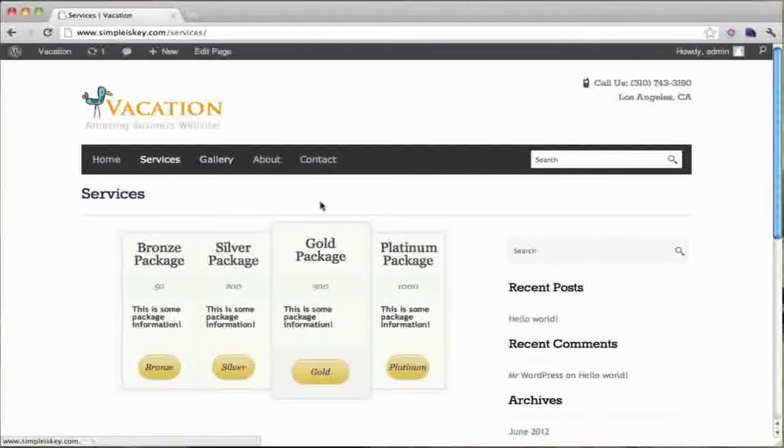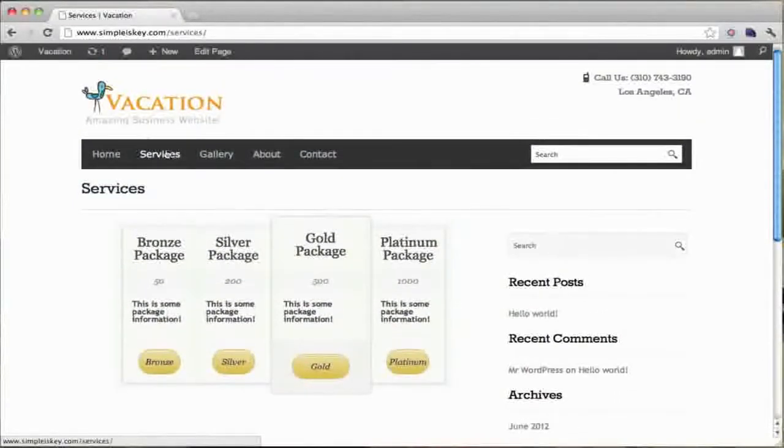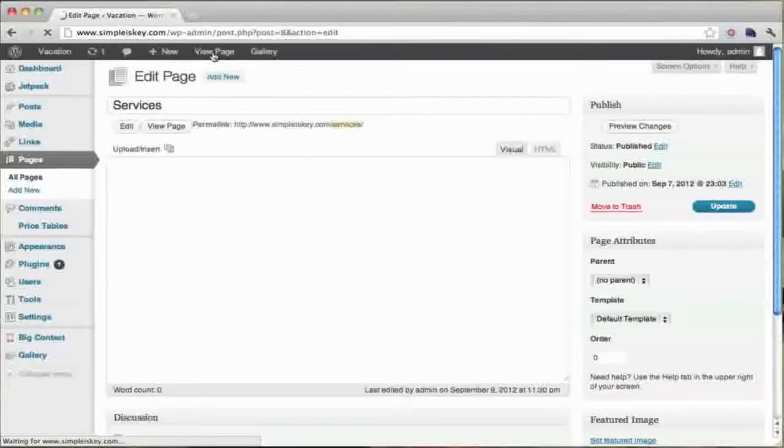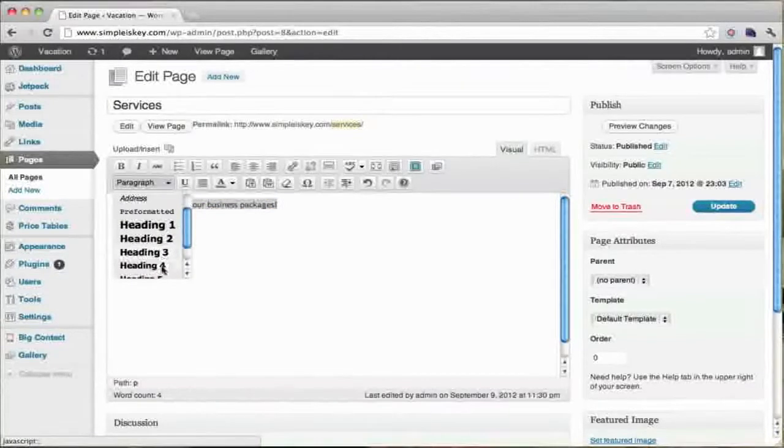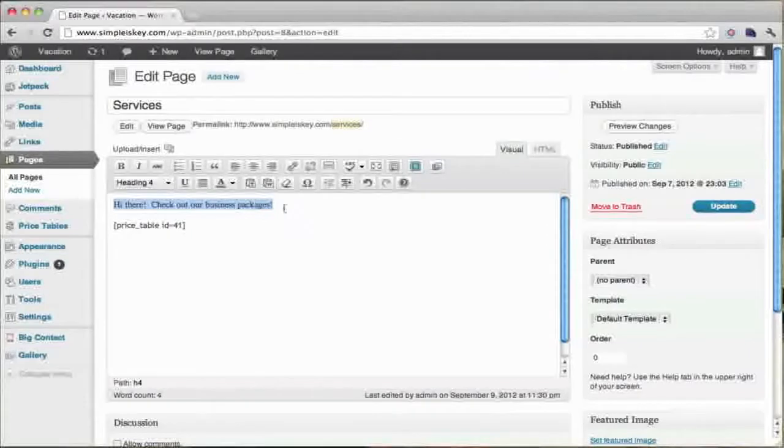There's one more thing I want to do on this page, which is edit it. And above this, I actually want to say, hi there. Check out our business packages. Alright, and we're going to make that a paragraph heading 4 just by highlighting it, putting that, and then below it